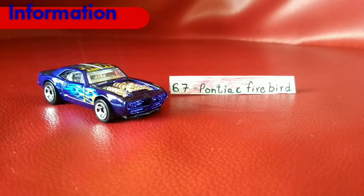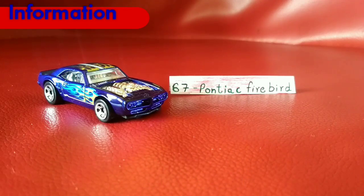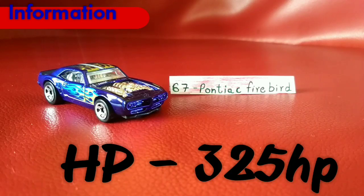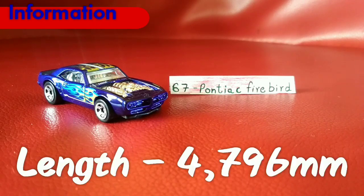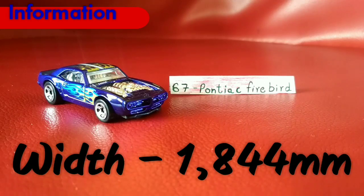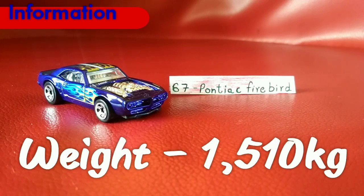So let's move on to the transmission, guys. The transmission is actually a 2-speed automatic, or you can go for the 4-speed manual. So these are the options, guys. And if you go for the horsepower, this car packs up to 325 horsepower, which is quite nice, not bad. The length of this car is 4,769 millimeters. The width is 1,844 millimeters, guys. Talking about the weight, the current weight of this car is